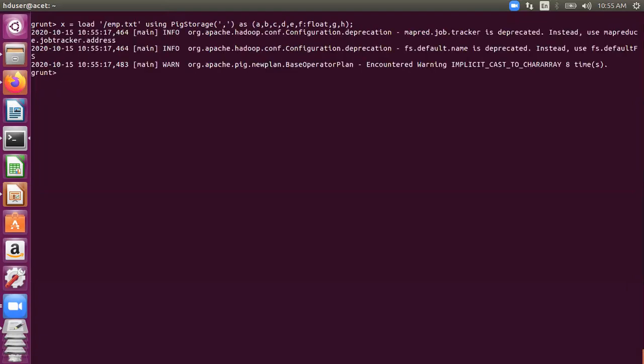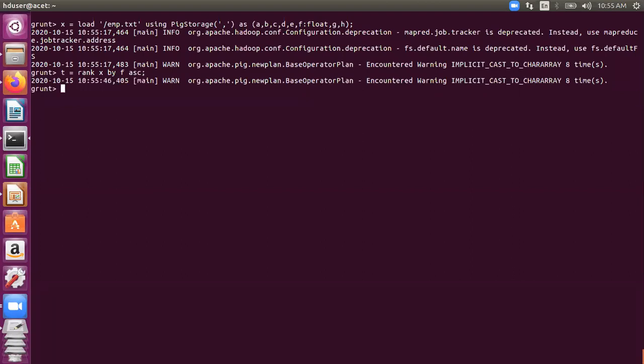So we loaded this. Now remember, we have given the salary column, that is our sixth column, the name F. So two things I want to discuss. If I rank this on the basis of salary, rank X by F descending, or let's do ascending. Rank X by F ascending.